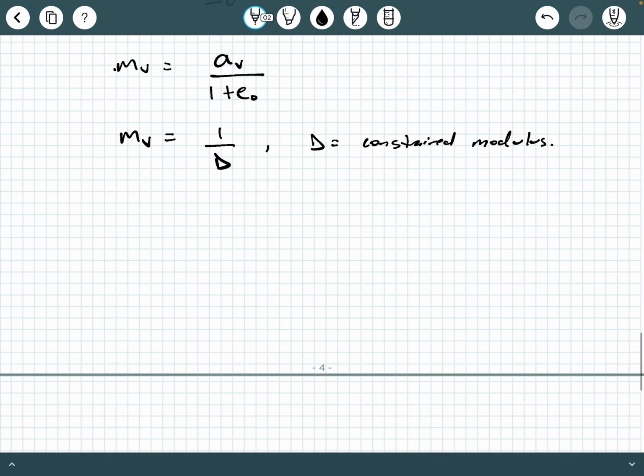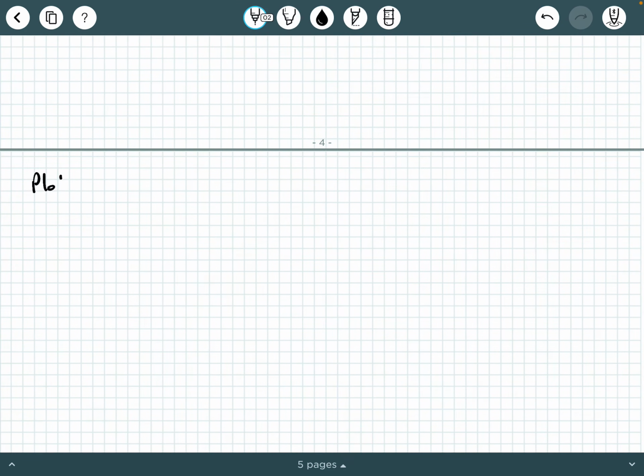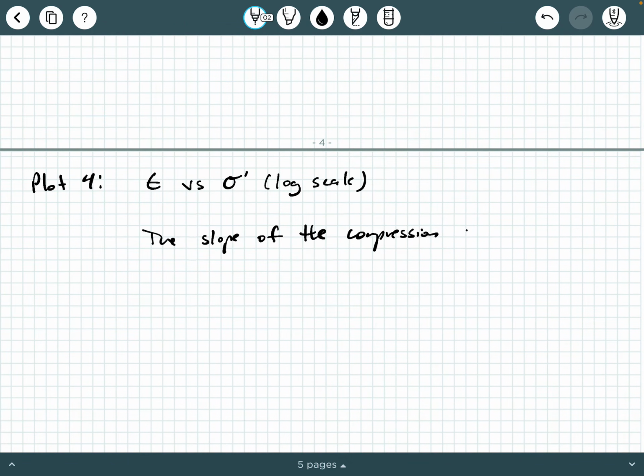and then let's go to the fourth plot. The last plot is going to be the following. Let's just scroll down to the next page. Plot 4 is strain versus sigma prime, and sigma prime is on a log scale. Okay, so the slope of the compression curve